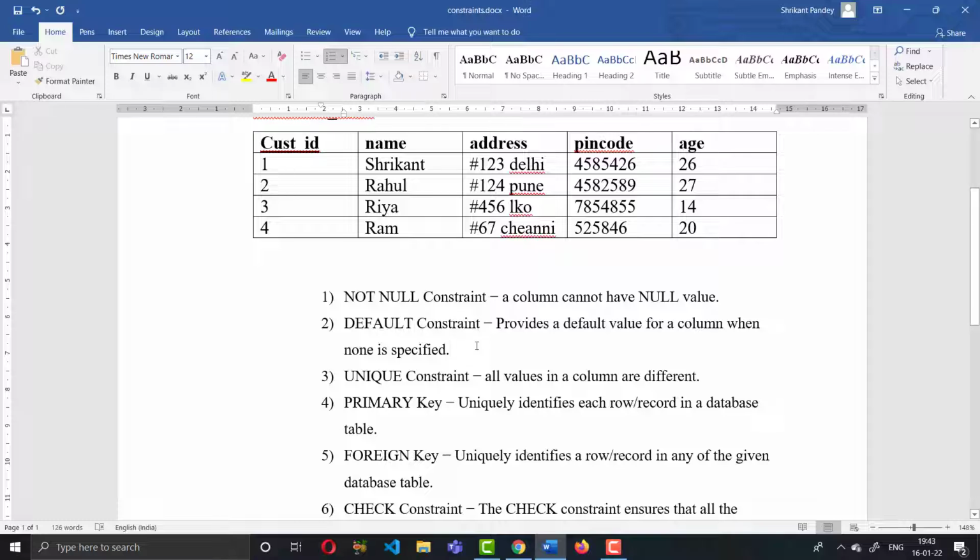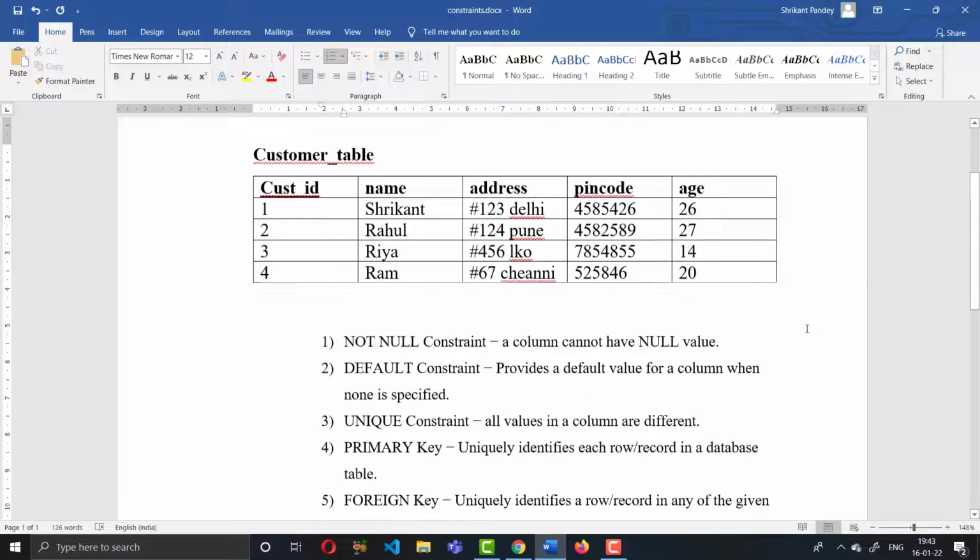A default constraint is used to provide a default value while inserting data. Suppose you are inserting a NaN value; instead of the NaN value, some default value will be inserted. Whatever default value you have set, suppose a threshold value like 10, then if you insert NaN values, instead of the NaN values a threshold value like 10 will be inserted in your table. I will show you how to implement it, so don't worry about that.